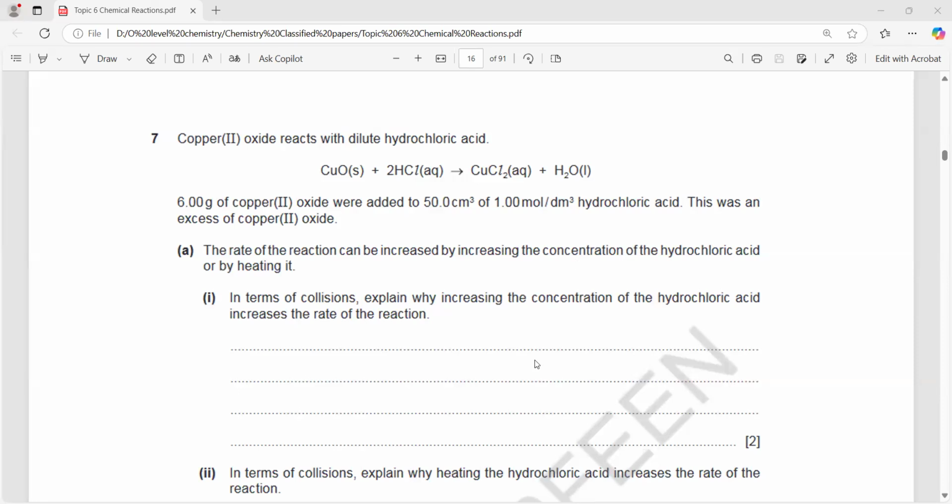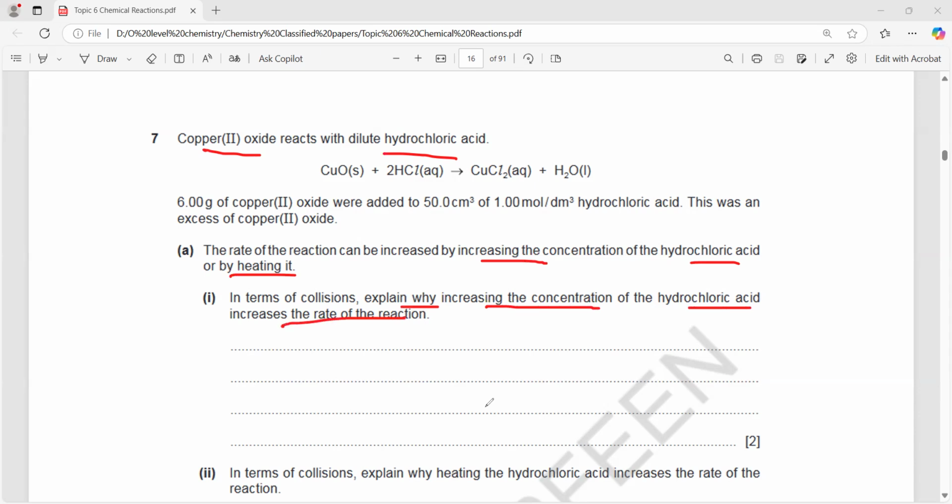Okay. So this is the classified paper 4, topic 6, chemical reactions. We have copper(II) oxide which reacts with hydrochloric acid to form copper chloride and water. The rate of a reaction can be increased by increasing the concentration of hydrochloric acid or by heating it. So the rate of reaction will increase. Explain in terms of collisions why increasing the concentration of hydrochloric acid increases